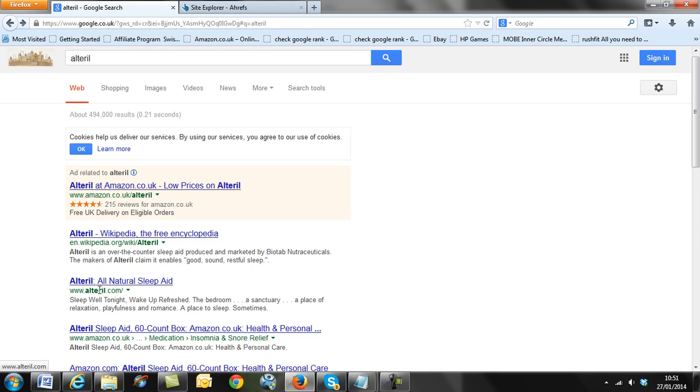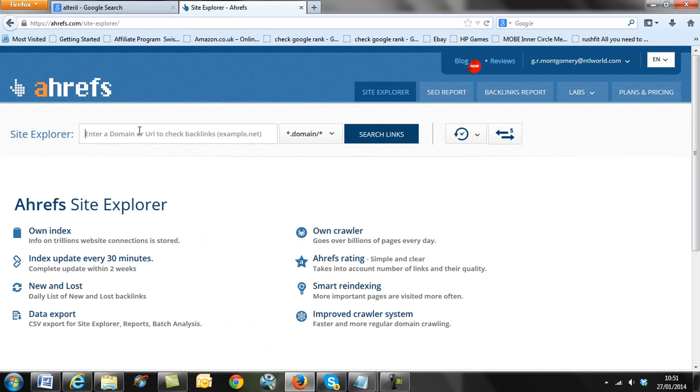Okay guys, so this is the term I'm going for, as you can see, Alteral. What I want to see is very basic stuff. The tool that I use, and I've used it for a while, is this one here. If you look at my cursor, this is the tool. I'm not sure if there's an affiliate program here. I'm not interested in earning commission. I'm interested in showing you the information you need, especially if you're a member inside niche site formula. So we type that in there, we search links,